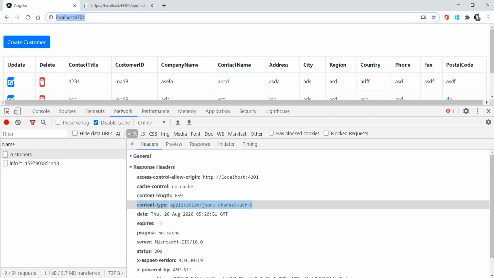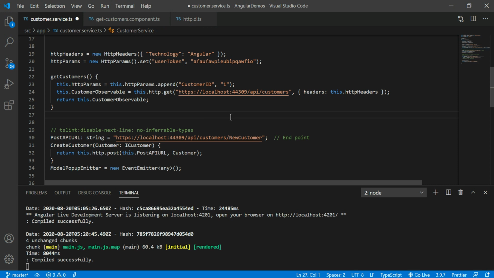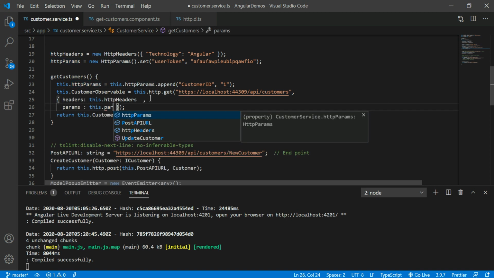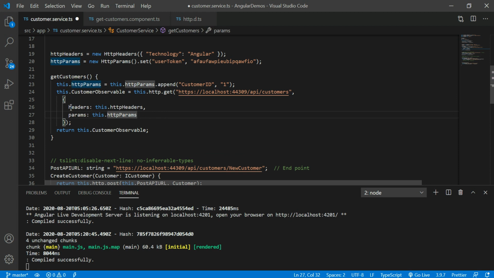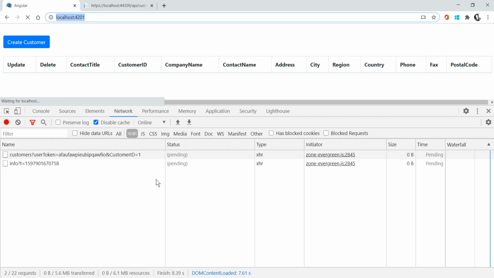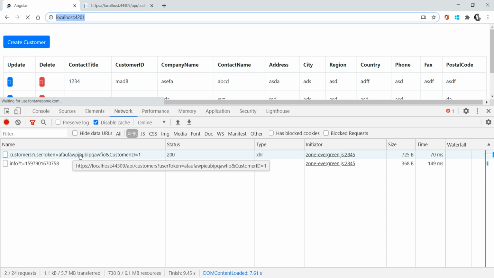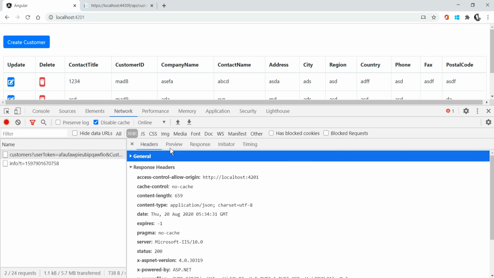Now before save, we have to assign these parameters in the parameter section, HTTP params. So right now I am adding the header section and the params related data to this HTTP get request. Save. Now you are checking the user token and the customer ID value. You can see in the request section also.